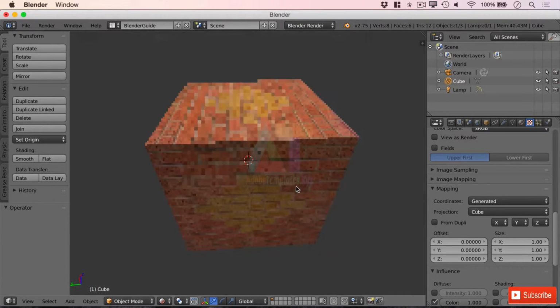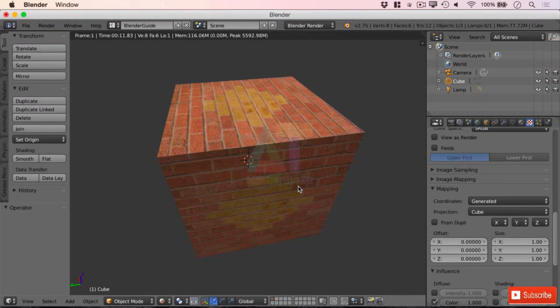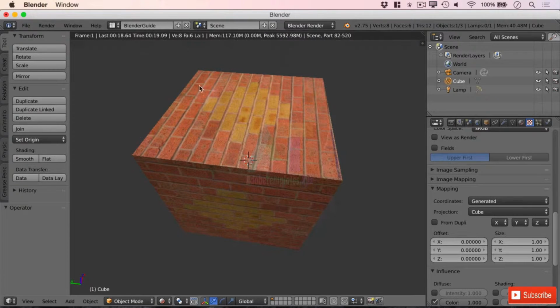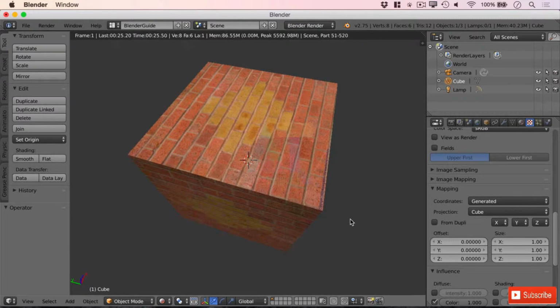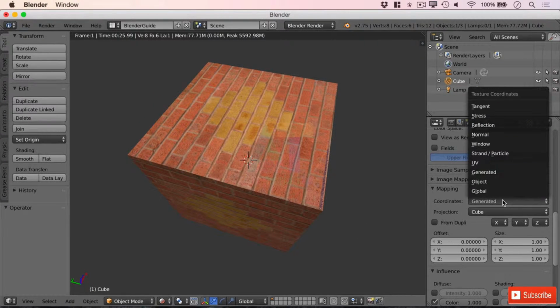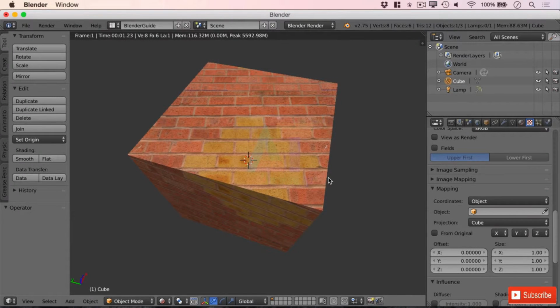Now, as your model gets more and more complicated, and we will get to UV mapping and unwrapping later on, you will need to do that. But since our models are quite simple at the moment with basic textures, this brickwork here, for instance, is working really well. The other one you can choose here is object, so we're mapping it to the object itself, and